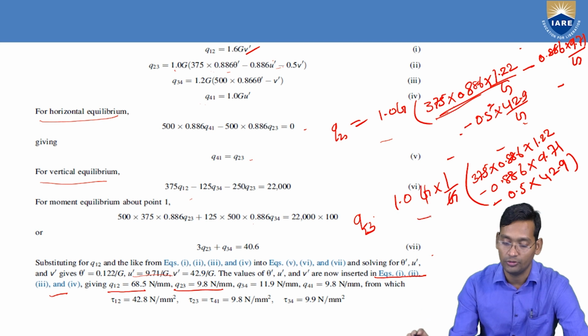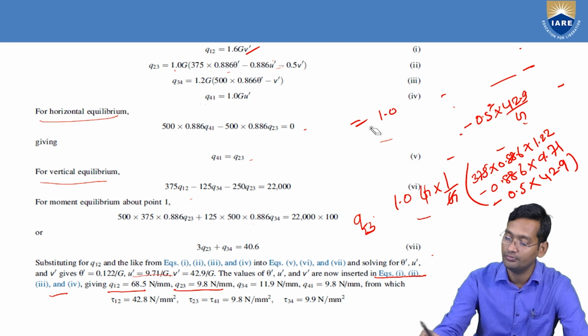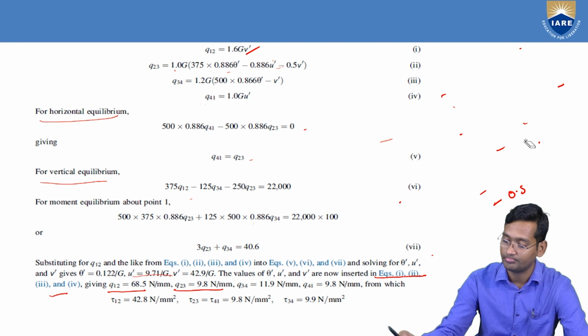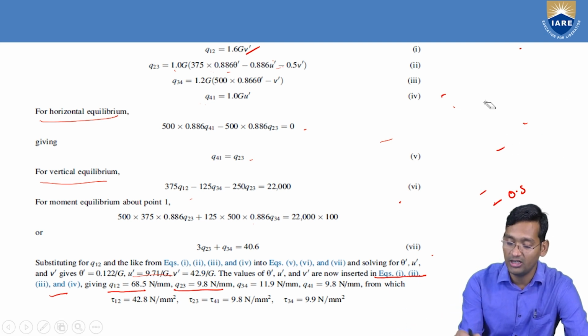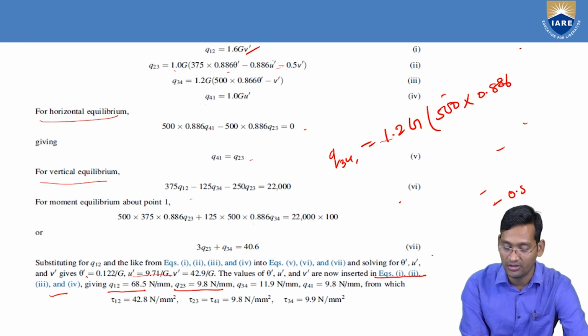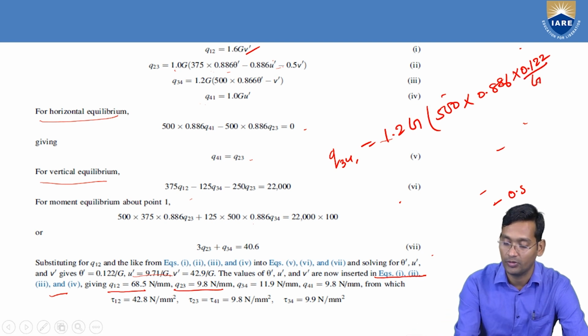Okay. So now we have Q23. So now for finding Q34, similarly, Q34 is equal to 1.2 G into 500 into 0.886 theta dash. How much theta dash is there? This one, 0.122 by G. Okay, this one minus V dash. V dash is